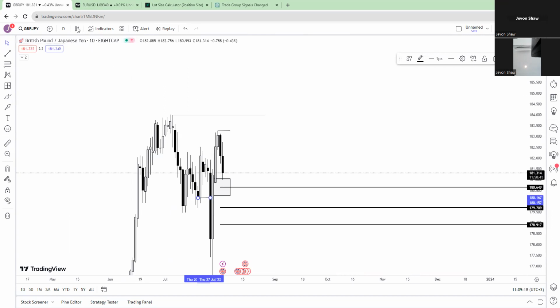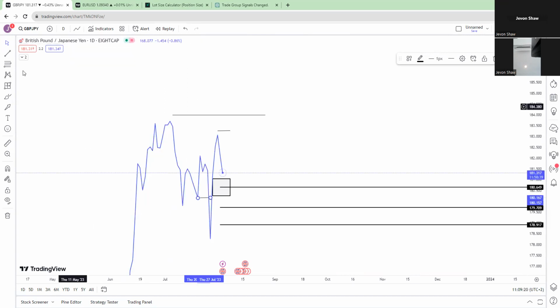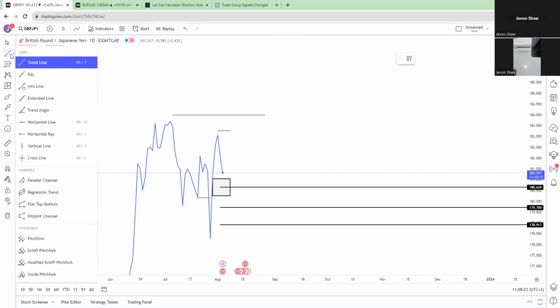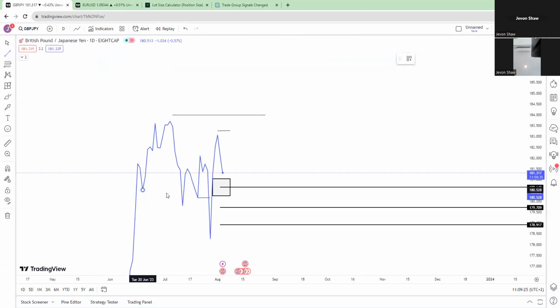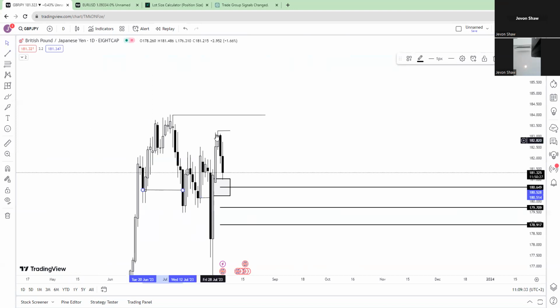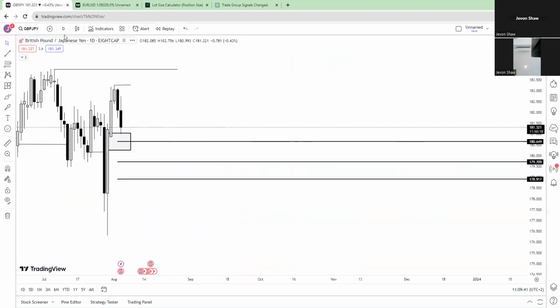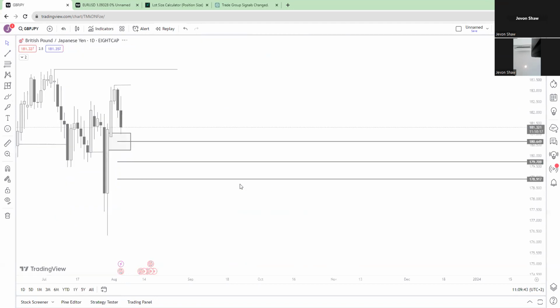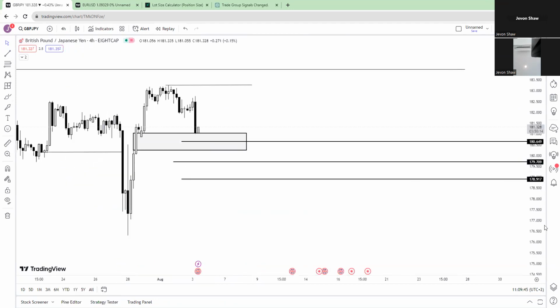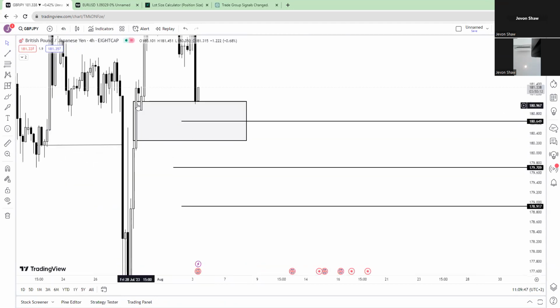And this is where we had our change of character. So change of character, break of structure, and then obviously breaking that low as well. So that's an indication that we are now in a downtrend. And as you can see, this was the retracement into the high, into the zones for that move to take place. So if you just go on a 4-hour real quick, you would see that price has bounced perfectly off